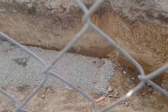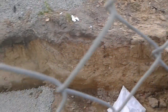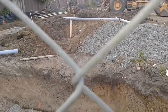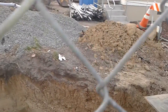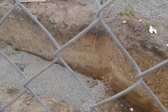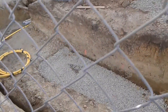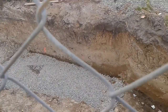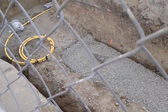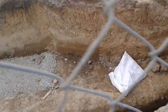Man, imagine digging this out and filling it up with fish or something. This is what it would be like. And wow, there's stuff sticking out from the old ground, even an old sewer pipe right there. Man, if I dug a pond inside my yard, it would pretty much be about this size, and that's all the space I would have. No, it'll be a little shorter. It'll be probably up to the edge of that gravel. That's probably the size of my shed, and then I got that little area, and it's not as wide. It's going to be pretty narrow, but